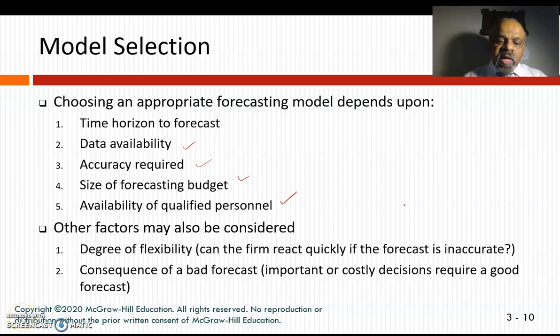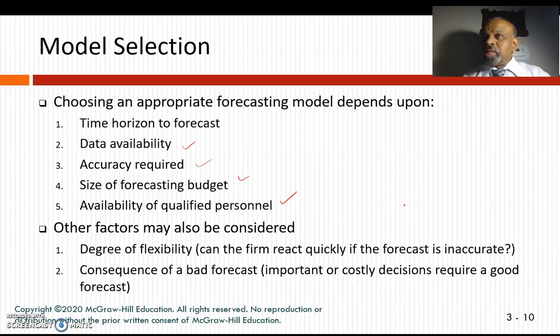So the other factors can be degree of flexibility, how quickly the company can change around and react, and how quickly they can come out with forecasting, or make sure that the forecasting is accurate or not. And also, companies need to know the consequences of the bad forecast. Consequences of a bad forecast is important to know simply because most of the costly decisions the companies are making